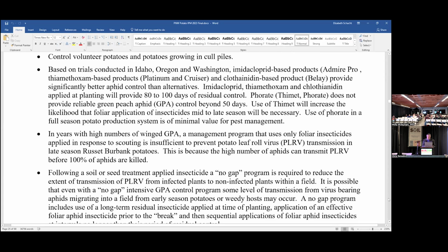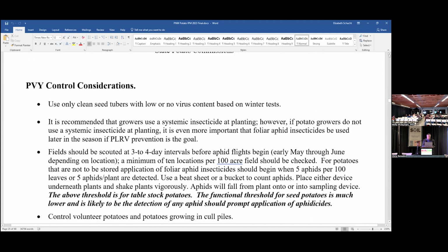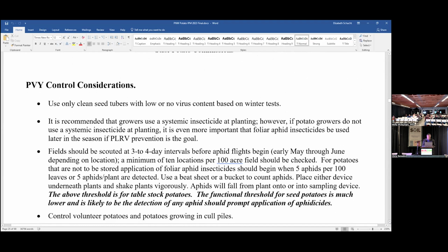So I have a section in here about aphid control in potatoes. And look, nobody wants to get to the beer faster than me, but we got to wait till 5. So